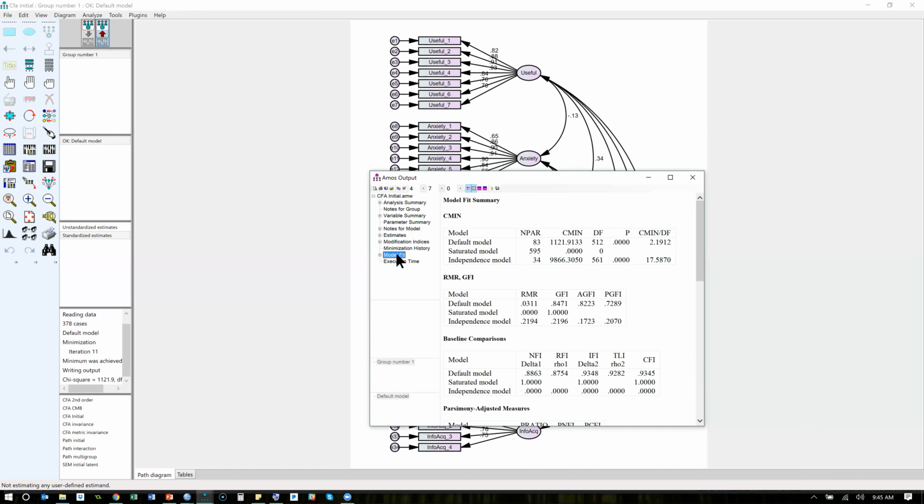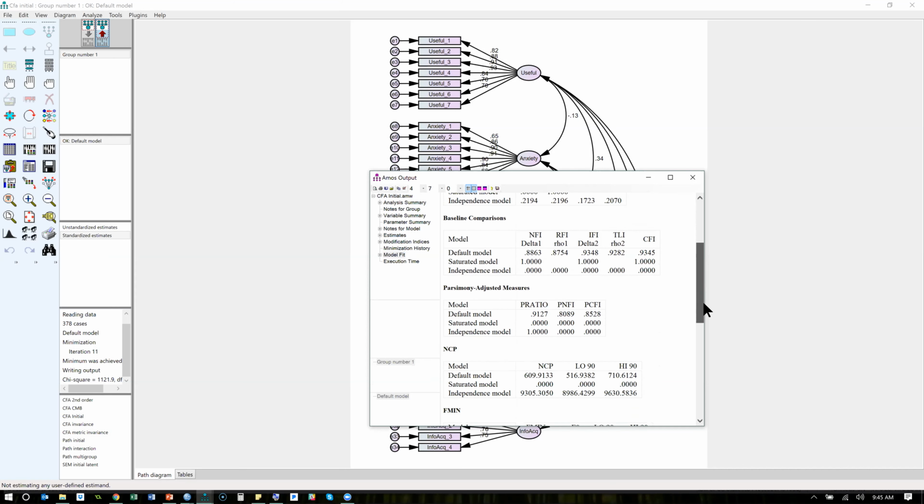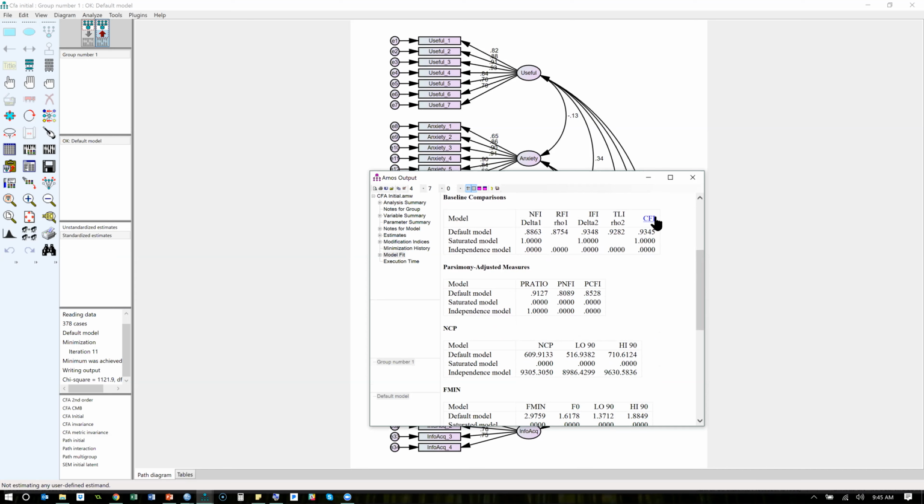If you go down to model fit right here, you'll see a whole bunch of measures. The C-min is the chi-square. It's big because we have a lot of data and we have a lot of variables which inflate that chi-square. We have a ton of degrees of freedom though, so that's good. The measures we want to look at are down here. CFI, the comparative fit index. And by the way, these are all links, so if you click on them, they will show you